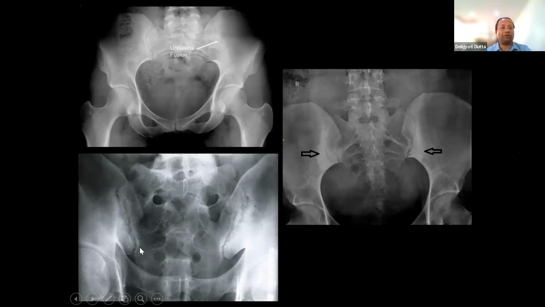When you are doing an SI joint injection, try to see how the SI joint is. We must see the SI joint margins. If the margins are irregular, it means there is sacroiliitis. If these margins are very regular, there may not be sacroiliitis. Okay, but then there are other fatty changes, that is different. So anyway,